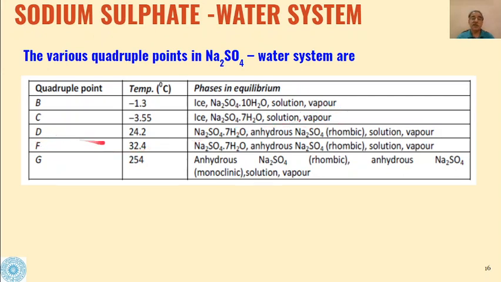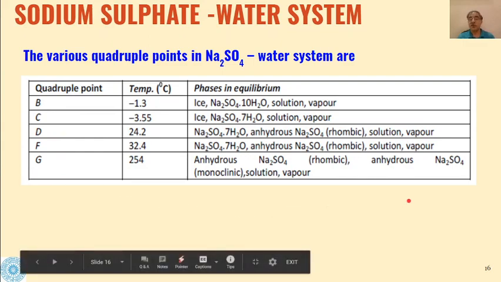At quadruple point D, temperature is 24.2, sodium sulfate heptahydrate and anhydrous sodium sulfate rhombic, solution, and vapor are the four phases. At F, temperature is 32.4, decahydrate, anhydrous rhombic, solution, and vapor are the four phases. At G, temperature is 254, anhydrous sodium sulfate rhombic, monoclinic, solution, and vapor. These are the four phases,